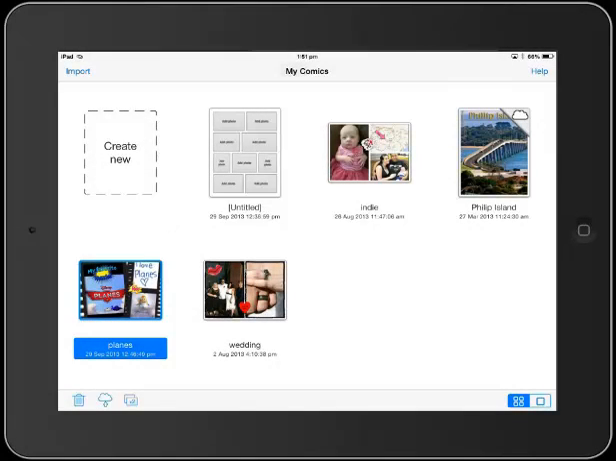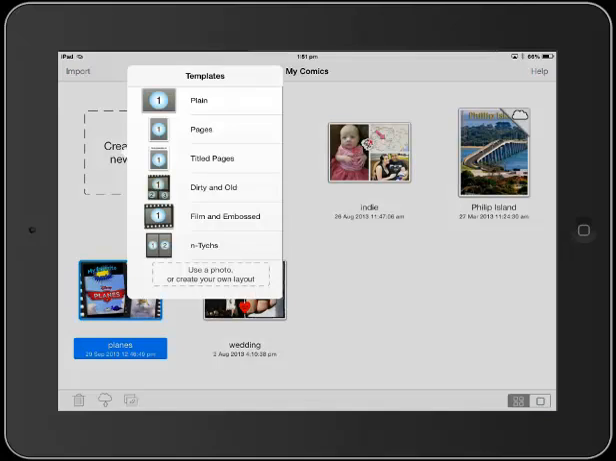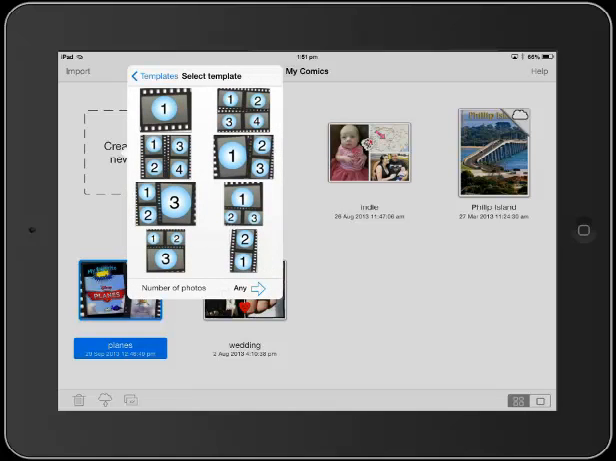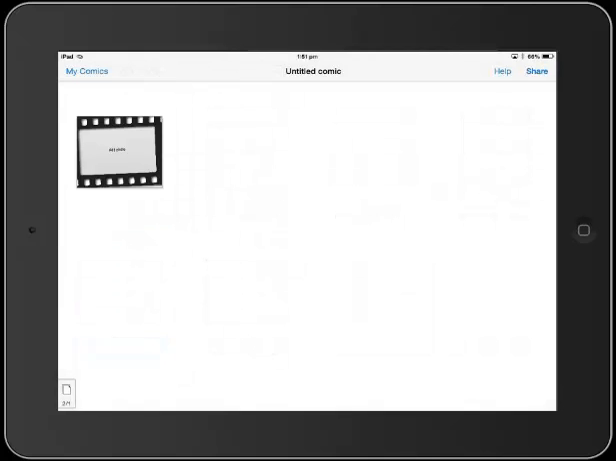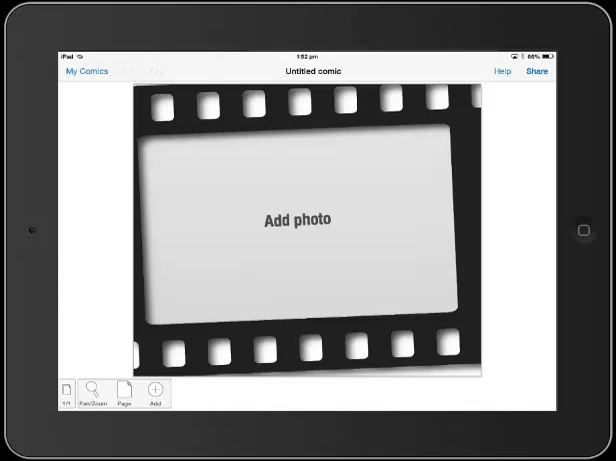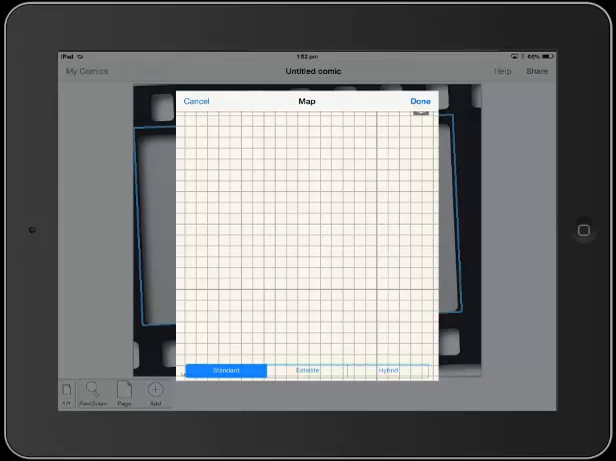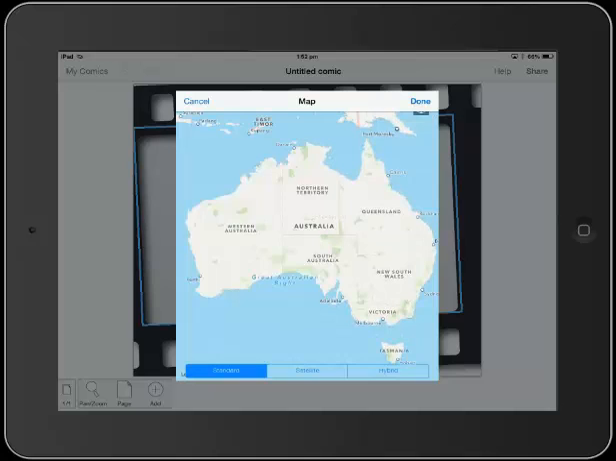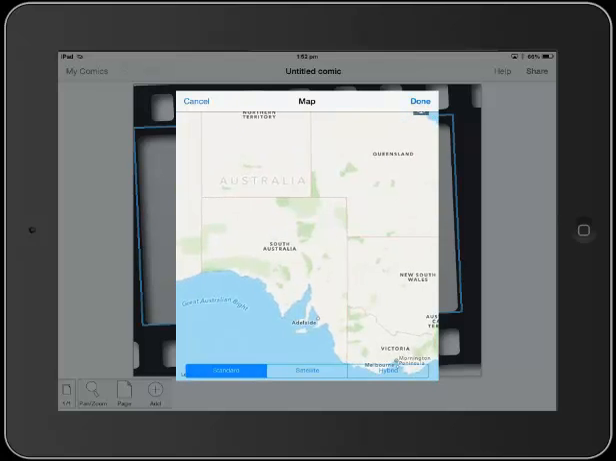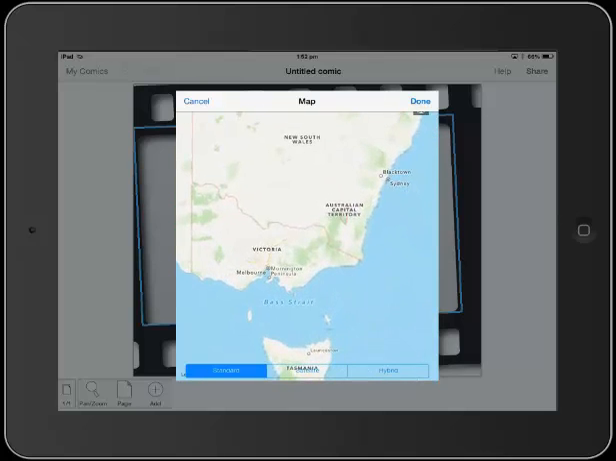I'm back again because I realised that I didn't show you the map section. So I want to create a new template. I'm going to choose one that just has one photo in it, and we'll just make that a little bit bigger so that you can see. And we're going to add photo. Now this time I'm going to choose map. The only small problem with this is that you can't actually type in the name of the place that you would like to go to. You do have to make the map bigger. So I'm going to go to Phillip Island,